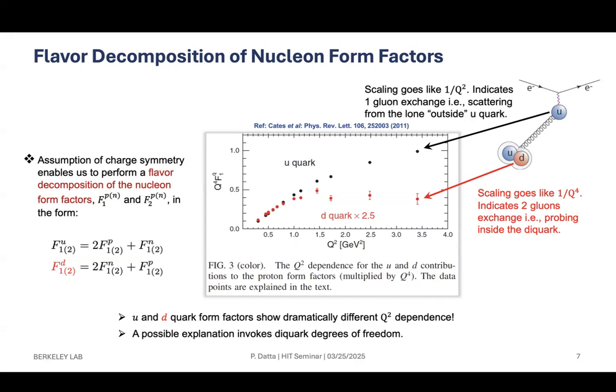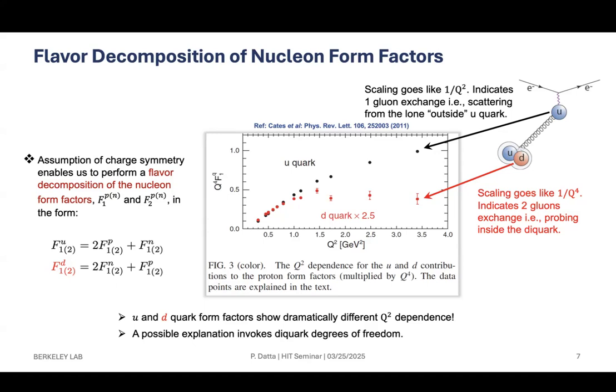The scattering from this up quark is dominated by scattering from the lone outside quark inside the proton. So it just requires one gluon exchange. And then for the down quark, scattering is essentially probing inside the diquark, which requires two gluon exchange. Otherwise the diquark will fall apart. So this interpretation, this kind of